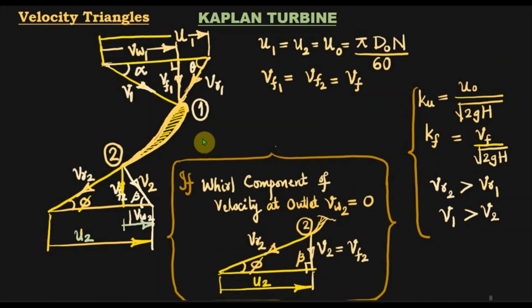So this is again the same velocity triangle shown over here, but if the whirl component of velocity at outlet Vw2 is required to be 0, in such a case the velocity triangle at outlet will have this shape, a right triangle with sides Vr2 and the perpendicular sides U2 and V2. In fact, V2 will be perpendicular to U2 and the guide vane angle at outlet beta will be 90. V2 will be equal to Vf2. Whirl component Vw2 is 0.